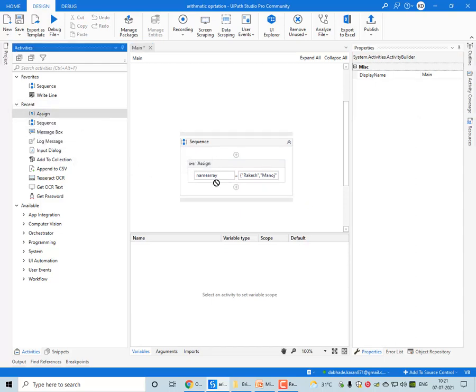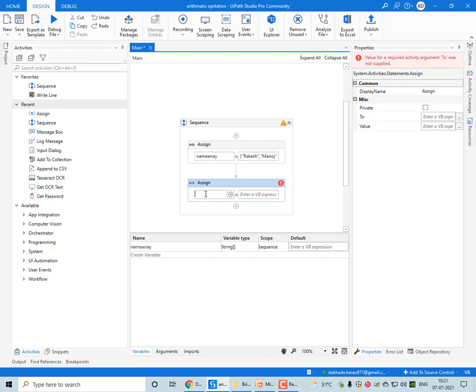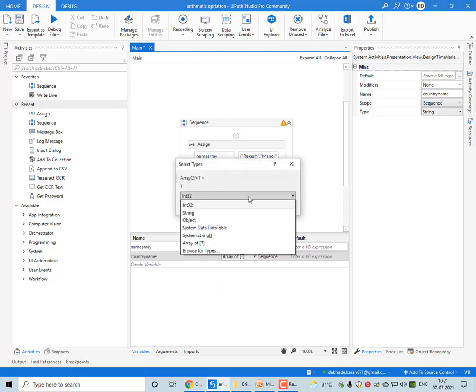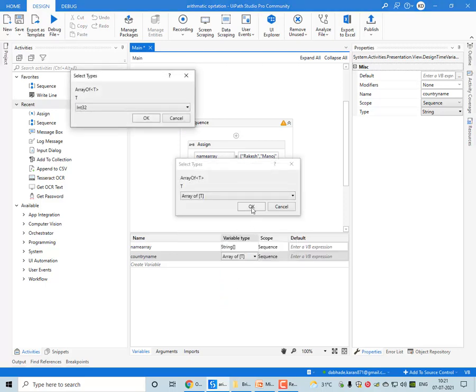I am taking another assign activity and a different variable, for example countryName. This also I would like to give as array of string.